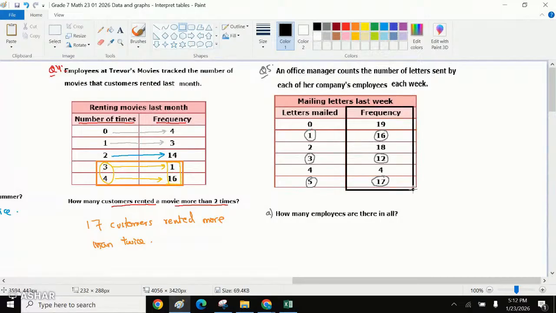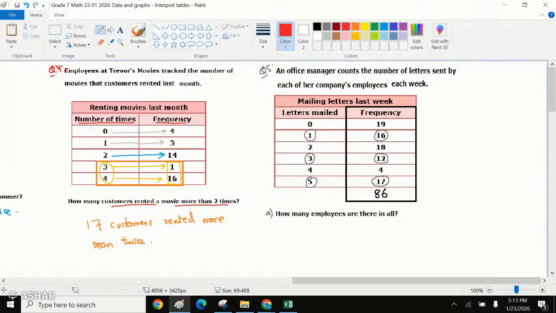The frequency is giving us the total number of employees. Okay. So can we count the total? When we add all the frequencies, it will give us the total number of employees for this particular question. 19 plus 16 plus 18 plus 12, 4, and 17, right? So it should come out to be equal to 86, right? So we can say the total for this comes out to be